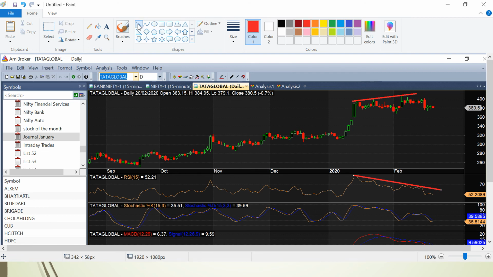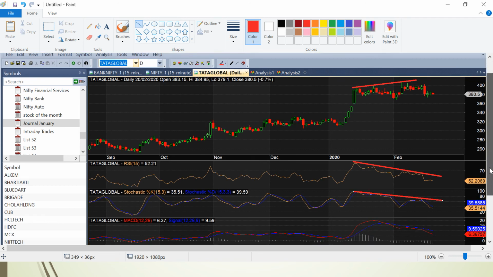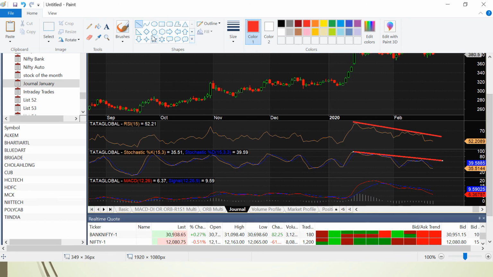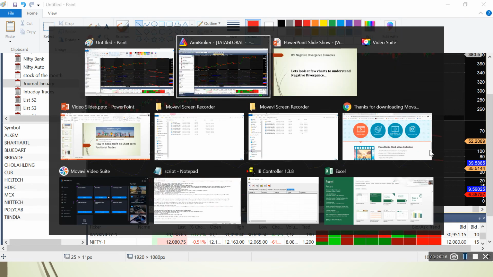And not only in RSI, even in stochastic it looks the same, falling ones. And in the histogram also, you have a higher histogram here, then lower, and the third one is even lower, right? So this is called negative divergence, and let me assure you, this is the best way to come out